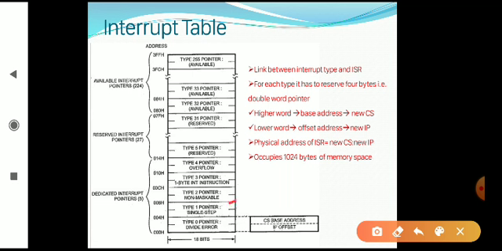The second category is INT1, that is type 1. This is called the single step interrupt.